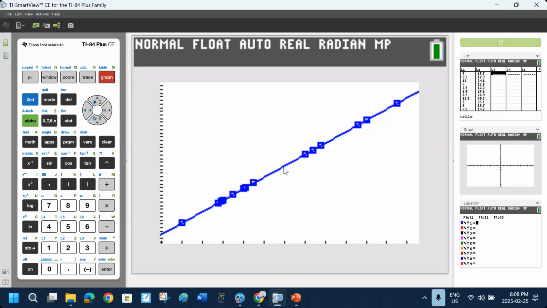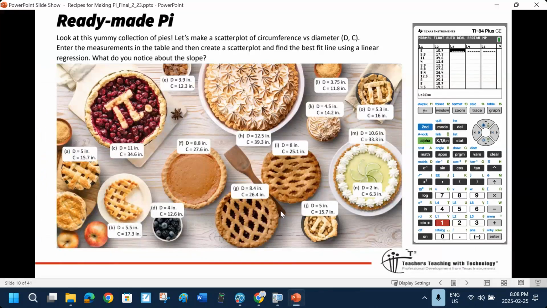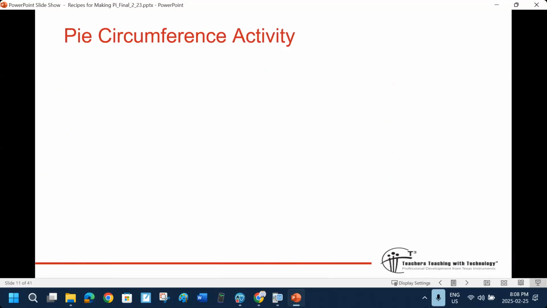And that actually brings me to kind of an important point. The thing I really like about this activity is when I ask students, like in grade 9, my students have already been introduced to pi. I don't usually get to introduce it to them for the first time, but I'll often ask them, what's pi? And they'll tell me all kinds of things. And I'll say, okay, but why is it important? And